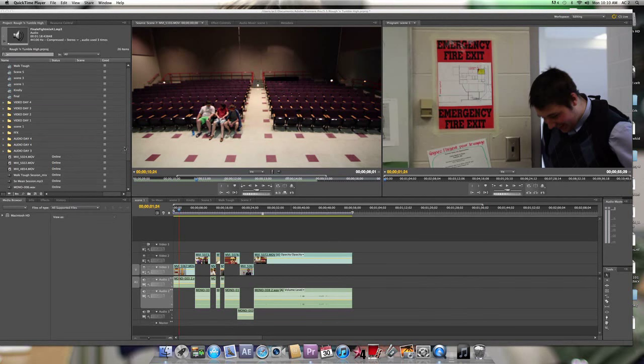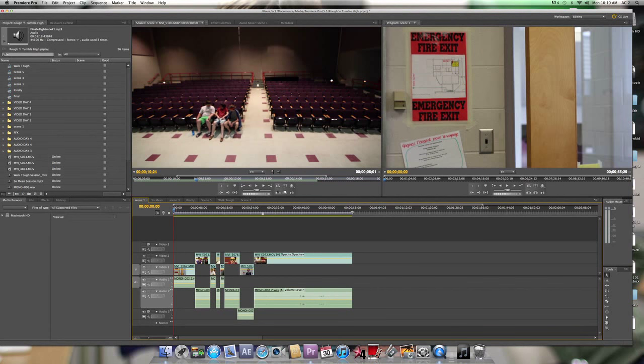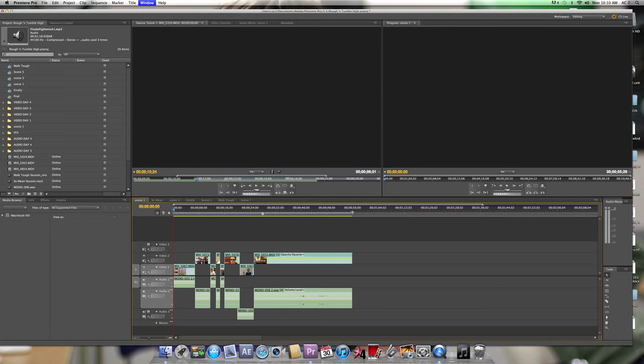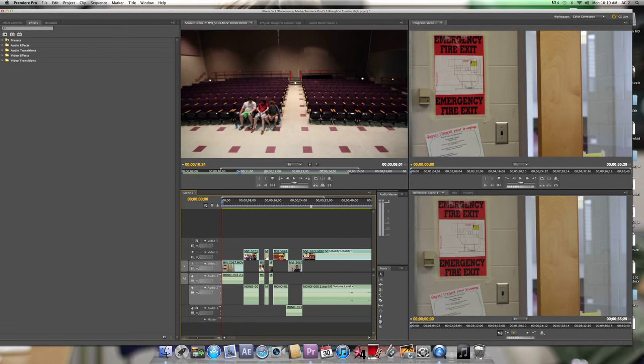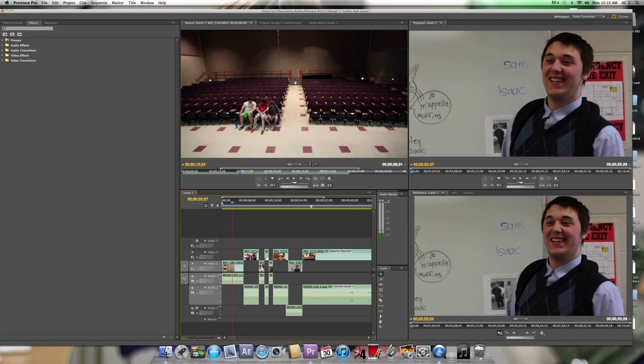Okay, so in this tutorial I'm just going to show you how to do a Luma correction. First thing you're going to want to do is go up to Window, Workspace, and Color Correction. And that's going to give you 3 different windows. What you do is you put your playhead where you want